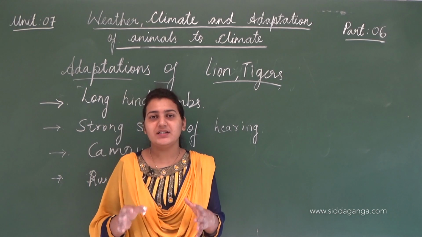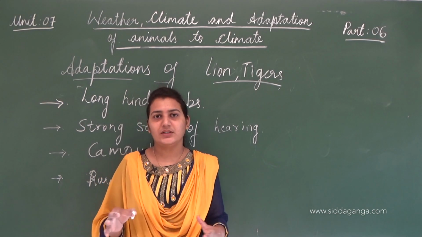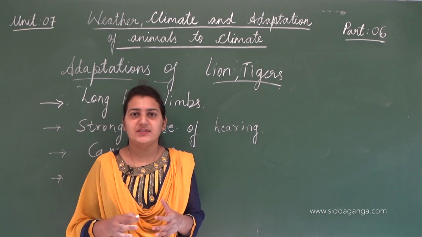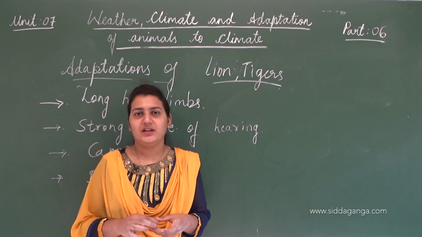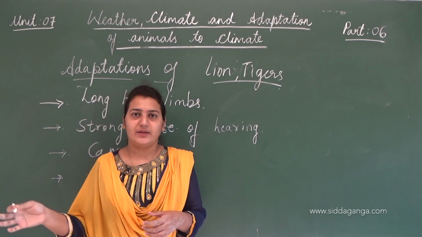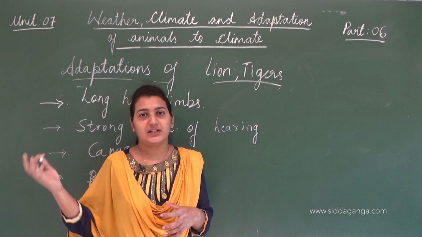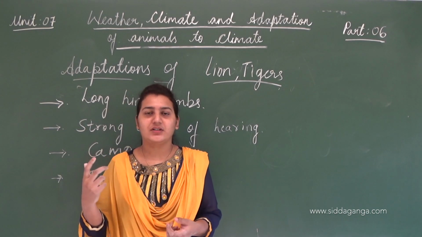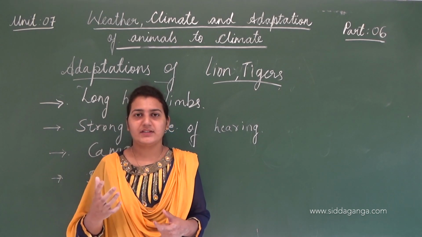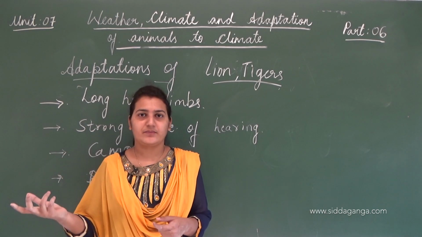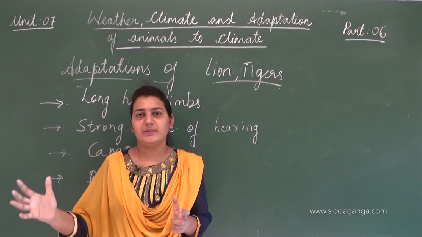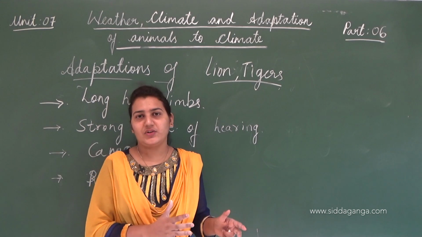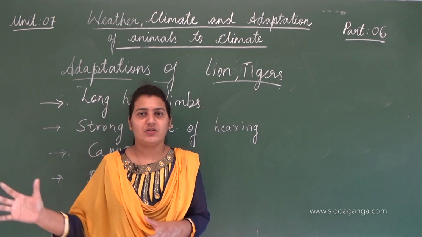Because climate means long term. It is the weather condition over a long term. As the definition says, climate is the average weather pattern over a period of time. That period of time may be 20, 25, 30 years. That's why we say the climate of Kashmir is very cold, and likewise the climate of Rajasthan is very hot and dry. It is the study of that many years of weather condition. So that is climate. Just remember, weather is a short-term duration of atmospheric condition. Climate means long term. Clear?